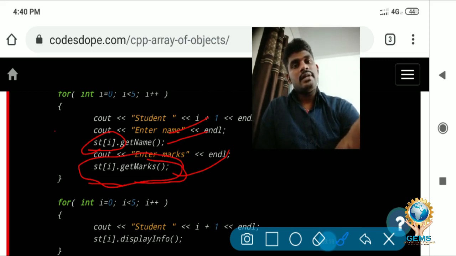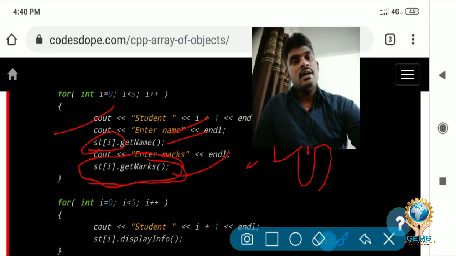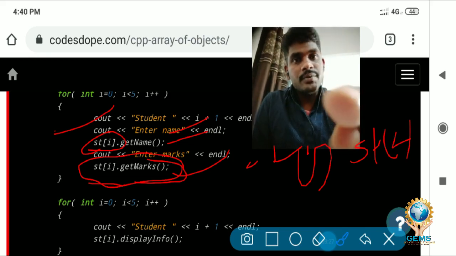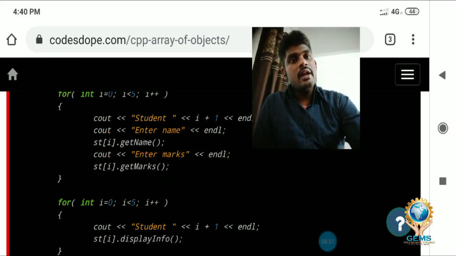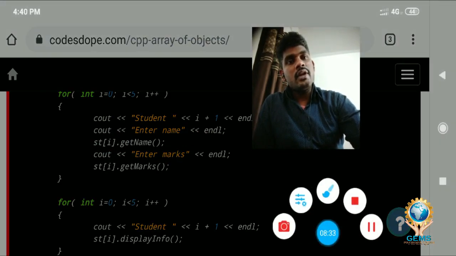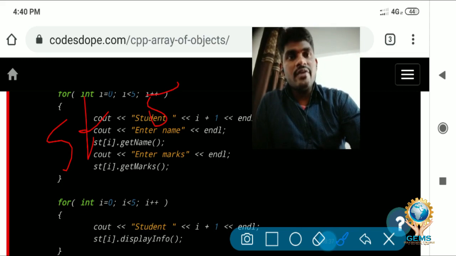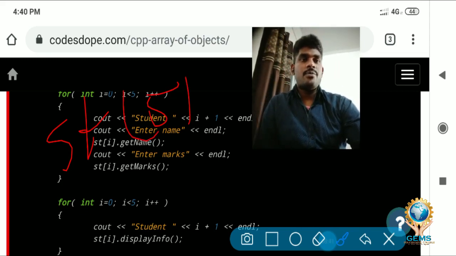So st[i] means st1 is the first object, st2 is the second object, st3 is the third object, st4 is the fourth object, and st5 is the fifth object.